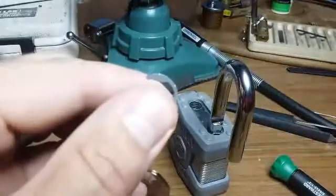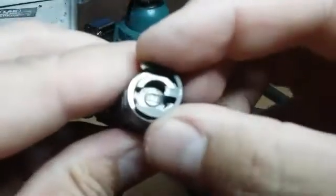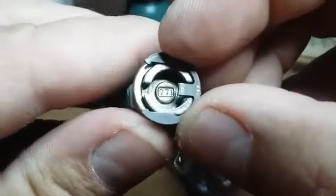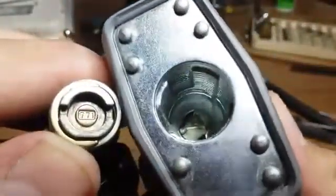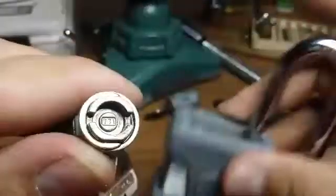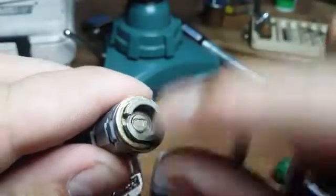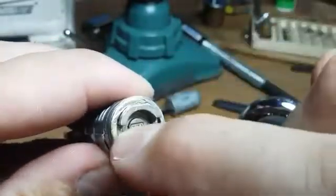Let me get some light over here since my battery went down. It stuck out over. Focus in there. Alright, it's stuck into that groove. So sticking into that groove, it was hitting that actuator at the back. So I just took a C-clip off of one of the other locks that didn't have the pin on there,